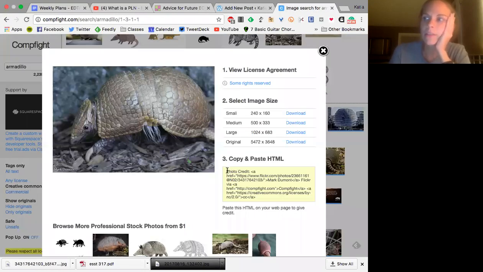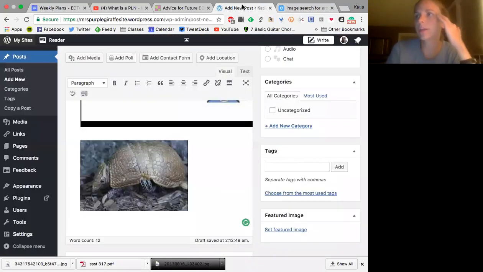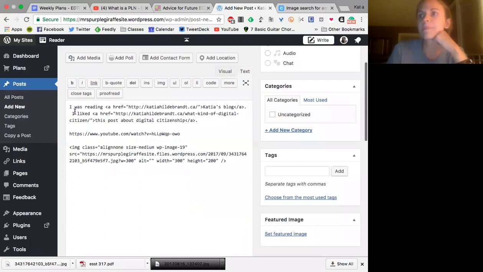And see, this is some HTML. So HTML is the language that a WordPress blog is written in, right? So computers function with various types of code. HTML is a particular type of code that works for things like blog sites, right? So you'll notice if I go up here into my post, right now I have it set on visual. If I go into text mode, what you'll see, this is HTML right here, right?